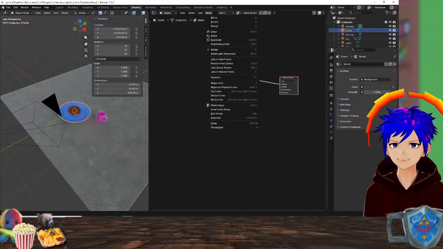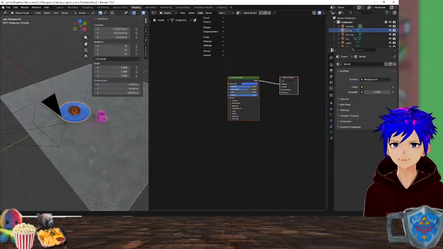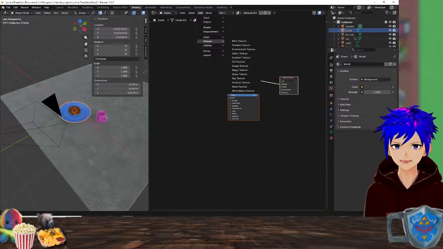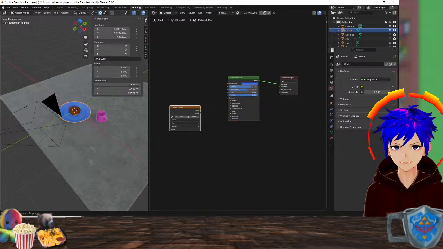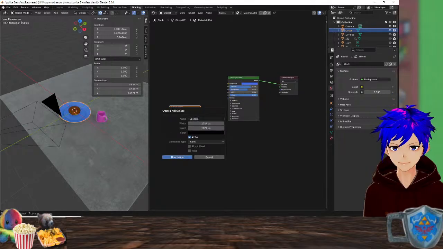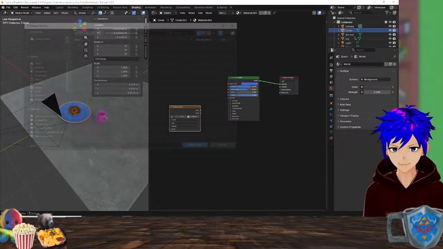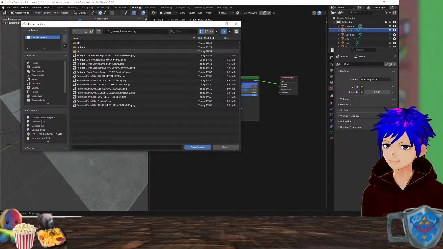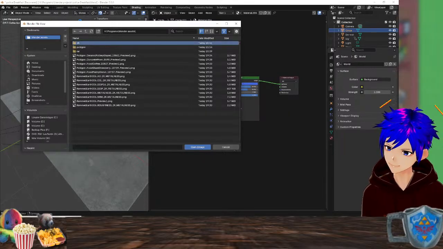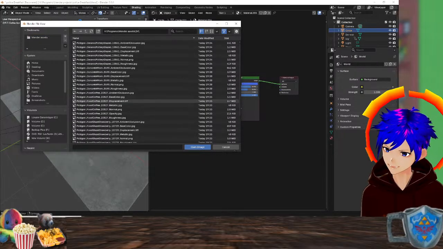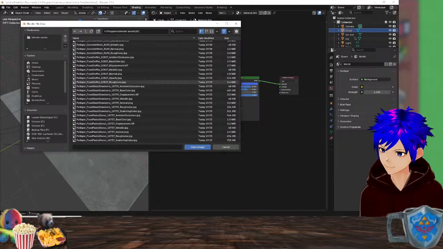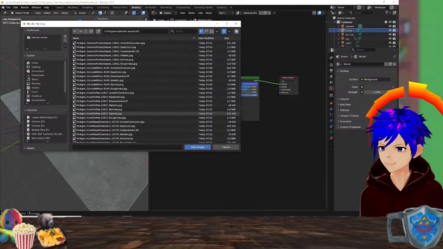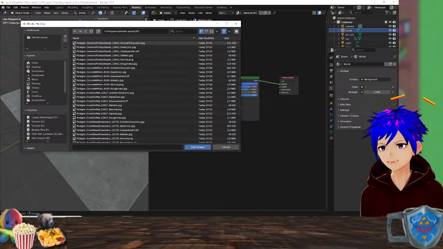So I'm going to add texture, image texture, open. In this case, we're going to use ceramic pottery glazed.